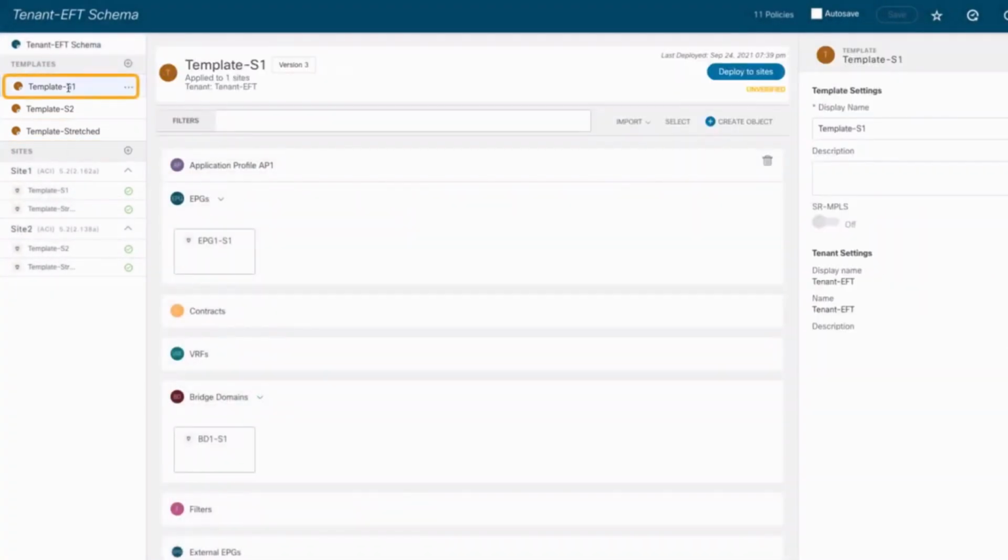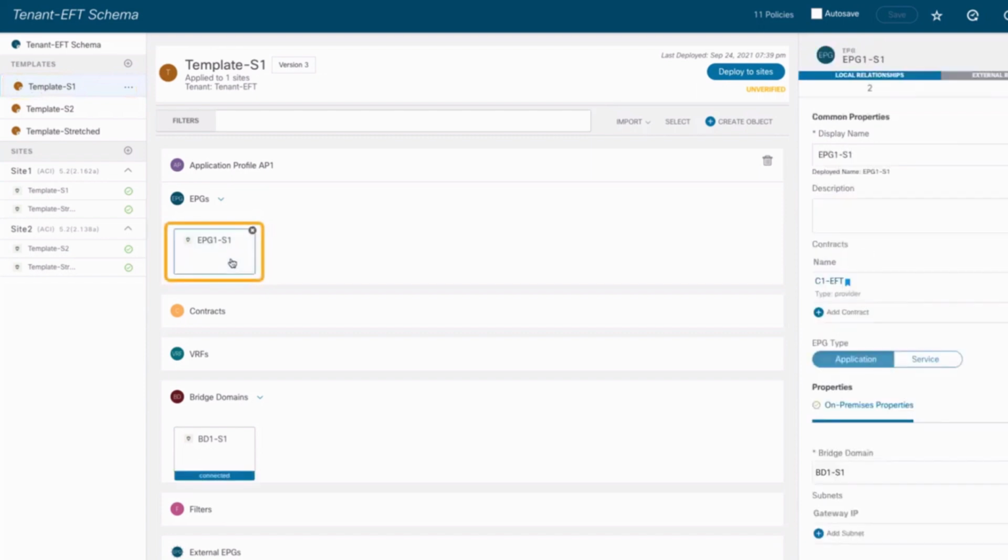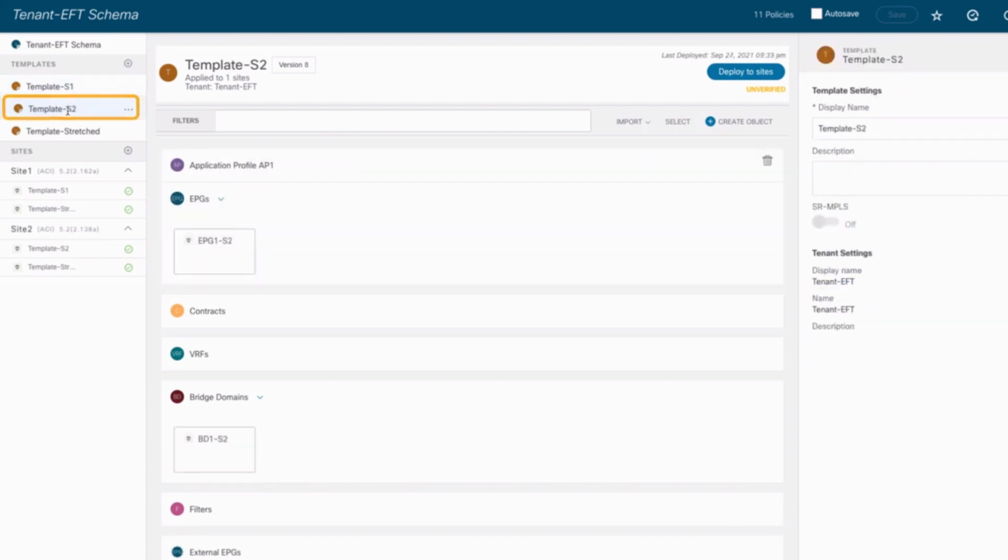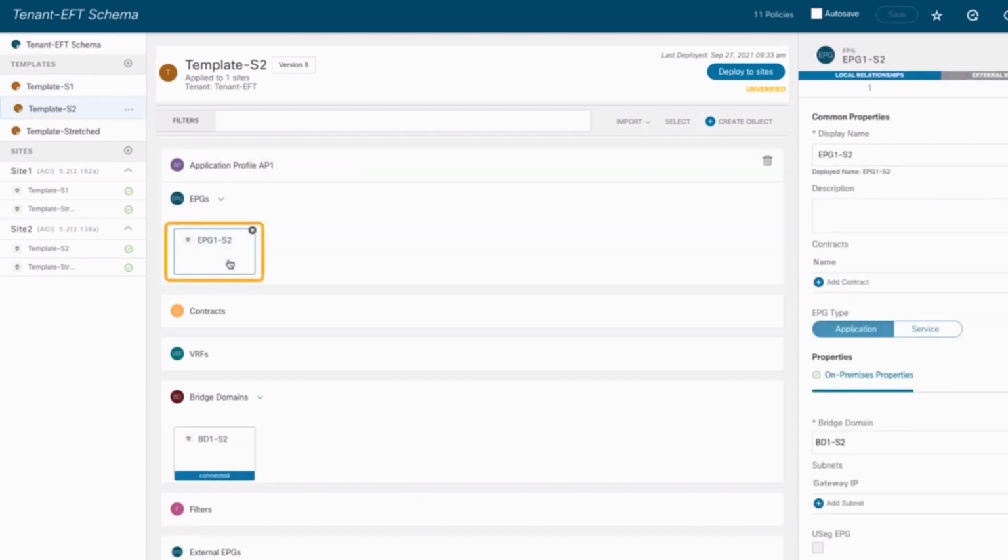In my case, when I look at the template S1, you can see I have a local EPG, EPG1 S1, mapped to its local BD, and that EPG is providing a contract, C1 EFT. When I look at site 2, the second fabric, I also have a local EPG called EPG1 S2 with its own BD. And as you can see, this EPG is not consuming any contract. What I'll show you is what happens when I add a consumed contract to this